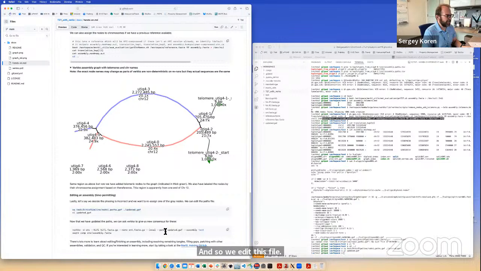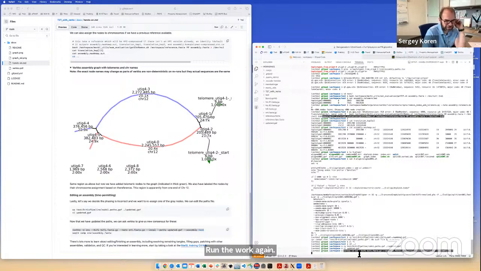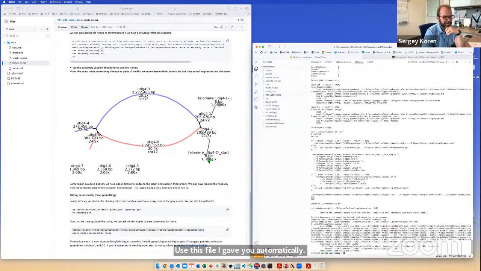and then we can just run Verkko again. But this time we're going to tell it the same input data. Here's, again, the D is where you want it to write its output. But now, rather than running it as before, we say the paths, we use our updated file. And then we point it to the old assembly. So this is essentially saying take the graph from this assembly that we already generated, but rather than using the path you generated automatically, use this file I gave you. And now we can find out if I made any typos, which I did,